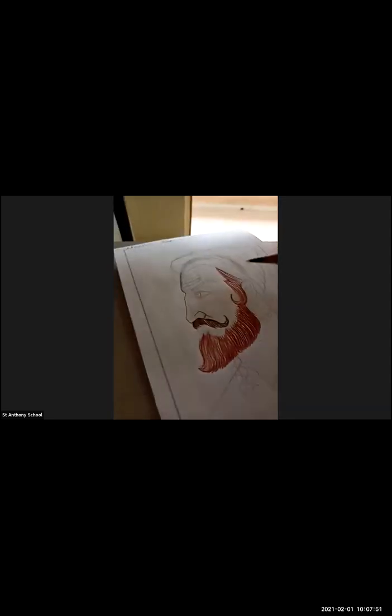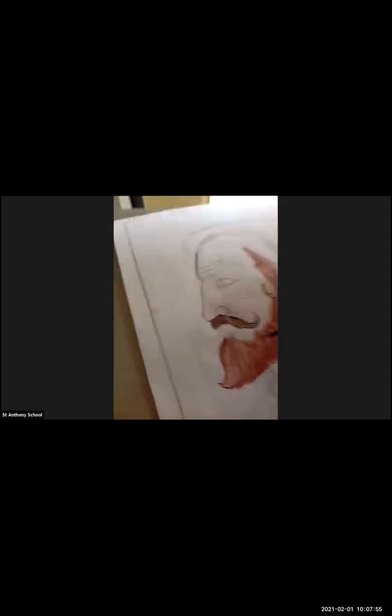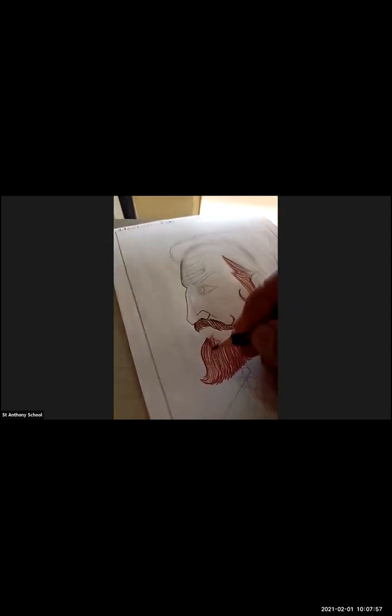Okay, here I've done with brown, and now I'm going to start doing with black color.